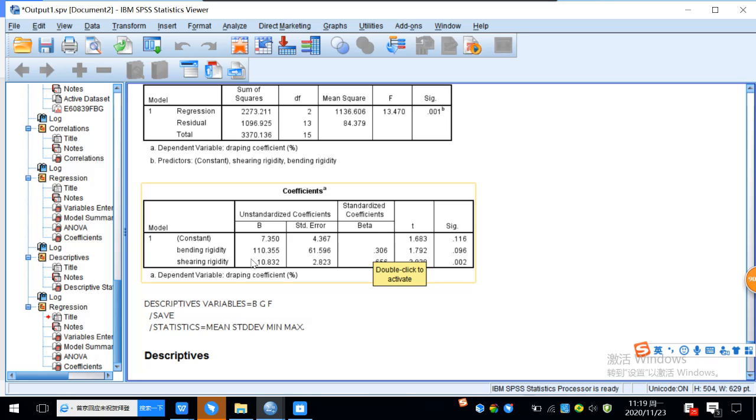But if you compare the unstandardized coefficients, because their data is different, you can't compare them. It's not bigger or more important. But for the standardized coefficient, the bigger the value, the more important it is. It's a more important factor